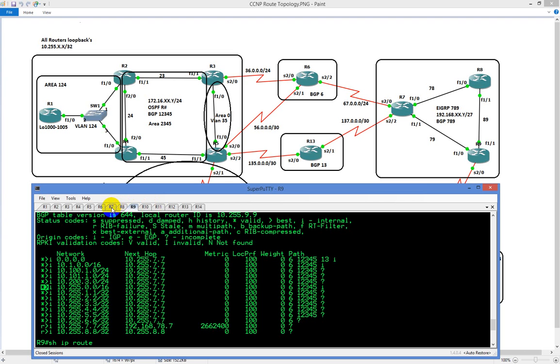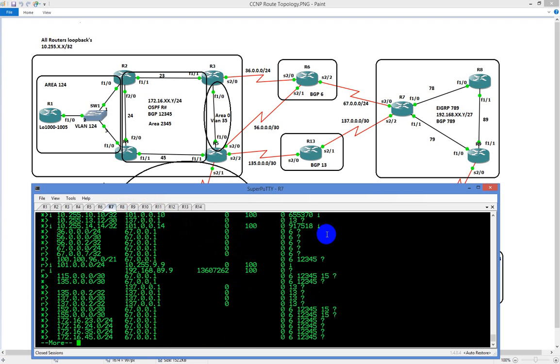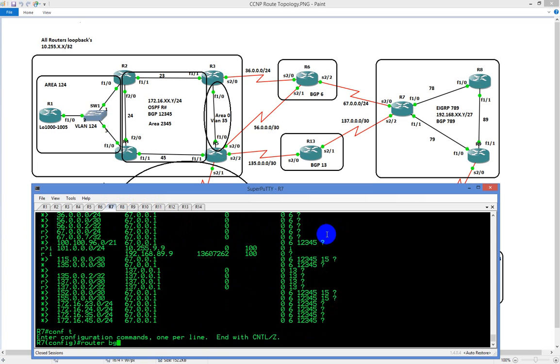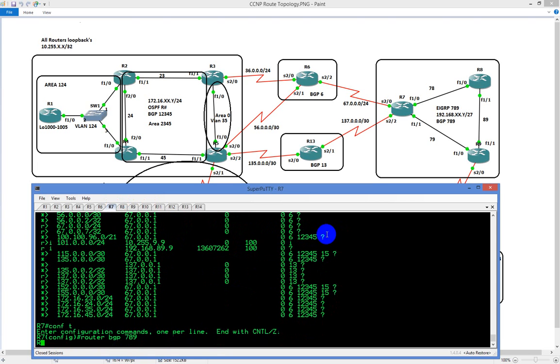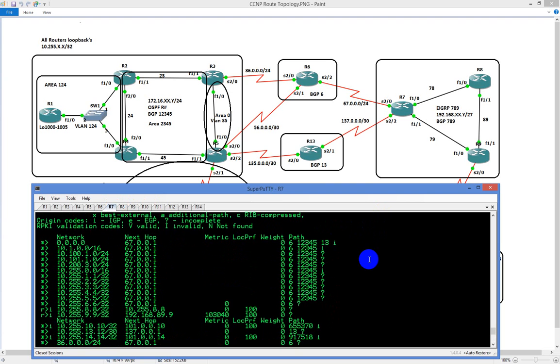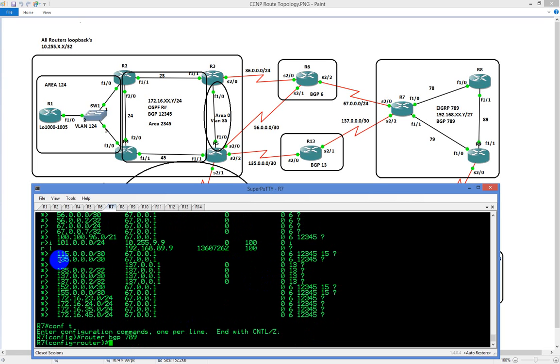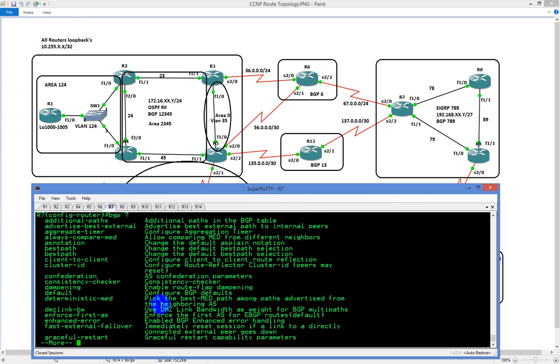The other thing that I want to show you guys real quick is how to multipath. So what we can do from here, from router BGP 789, is this: you might have multiple paths off the network to the same destination. The key thing to pay attention to is, for instance, this route right here, 135, there are 2 paths off the network to get there. Well, what you can do here is type is BGP ? And you could type in,